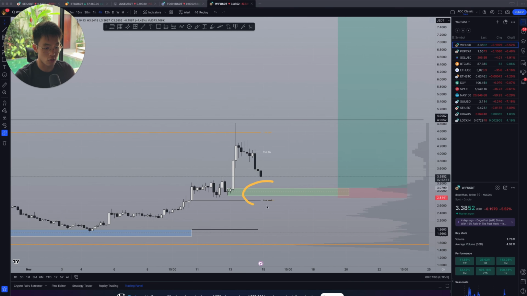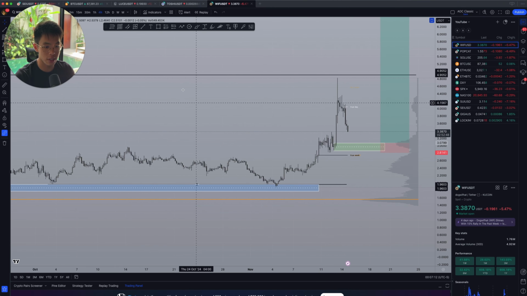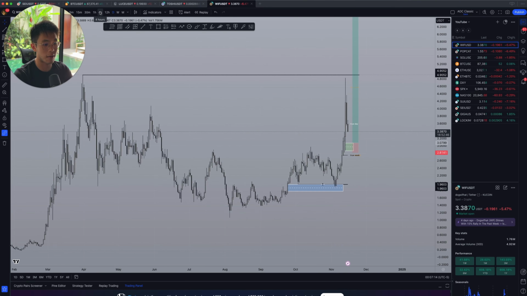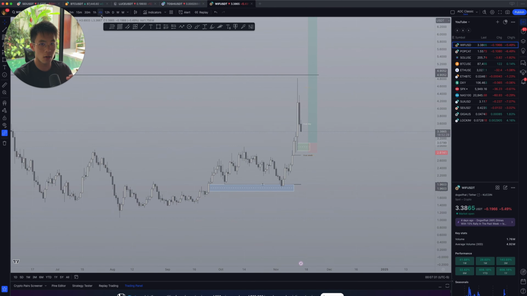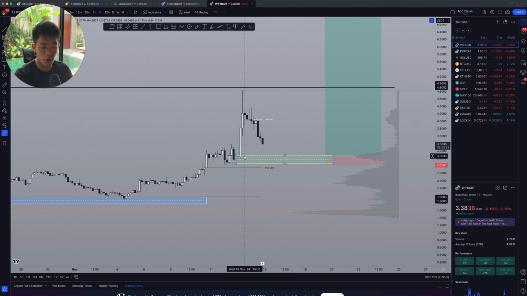Now, this is going to be your trade setup number 1 on the 4-hourly chart, just because we cannot see it on the daily chart. Now, I would have preferred to see a really clear demand zone or just a really clear setup on the daily chart because the higher you go in terms of time frame, the more power and the more strength that setup holds. But still, the 4-hourly chart is still considered a higher time frame,